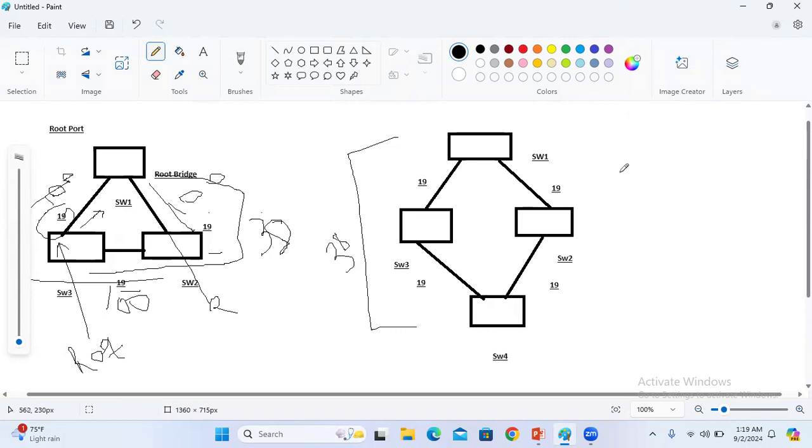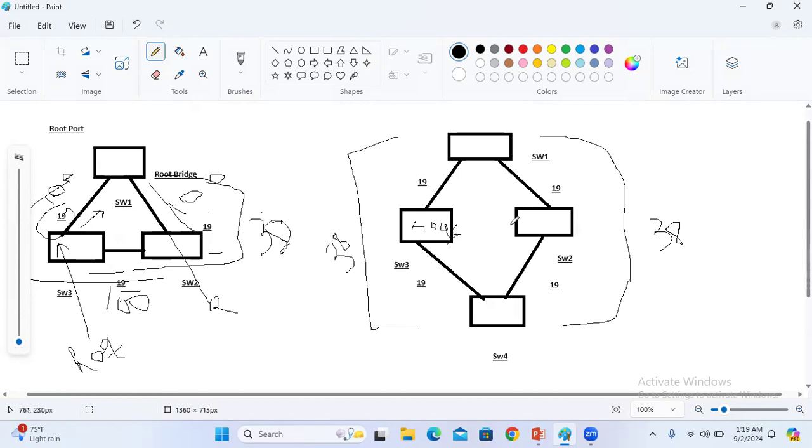For this one also they reach 19 plus 19, 38. Now what is the least cost? They are similar, so it will be decided by which one has the lowest bridge value. That means if this one has 4096